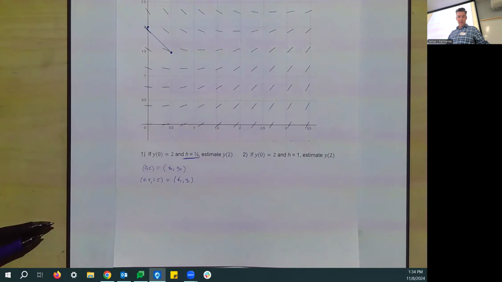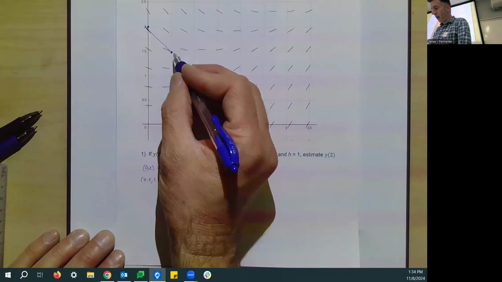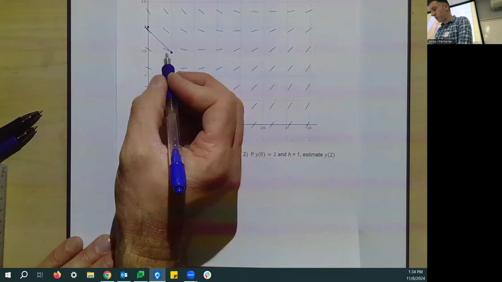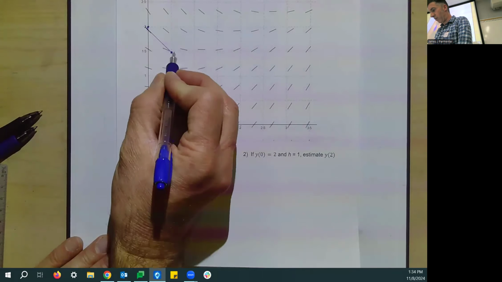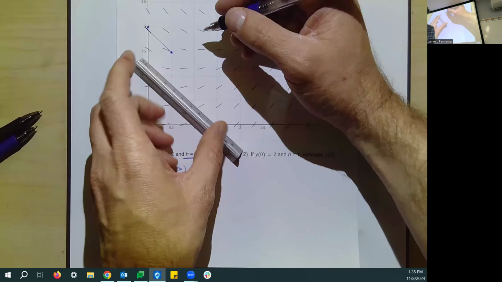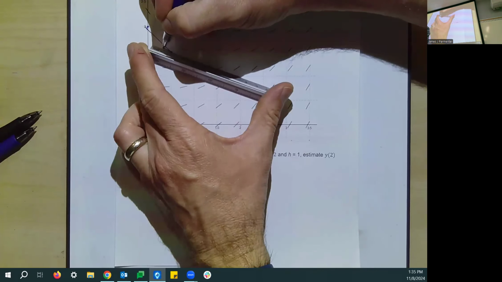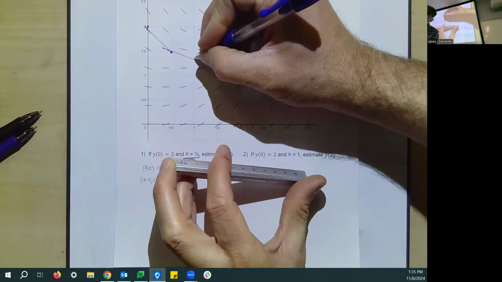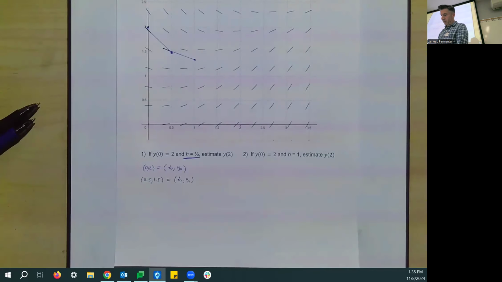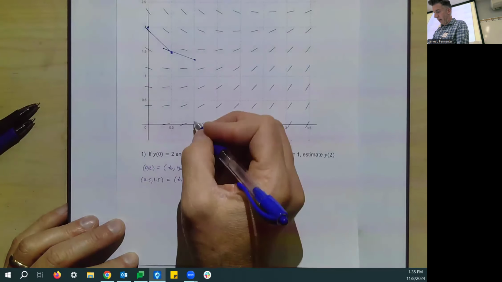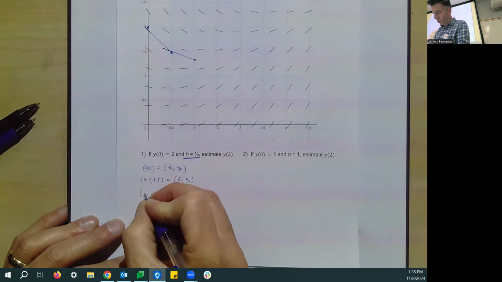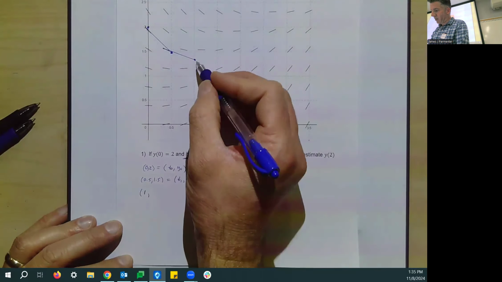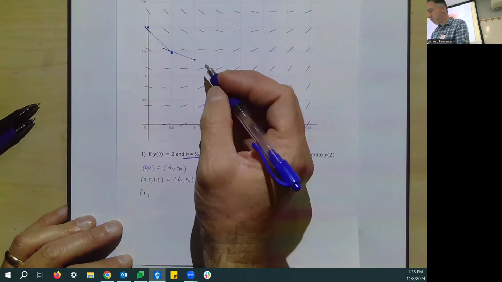Then we're going to do the same thing again. We're going to start here, and then we're going to use the slope, which looks to be about whatever that slope is right there. We're going to follow that slope direction for another half a unit. Again, that's where the drawing is. So now it looks like our next point is going to be about, well, t is certainly 1, and the y value is about, I don't know, maybe 1.3. Yeah, let's say 1.3. That's my new